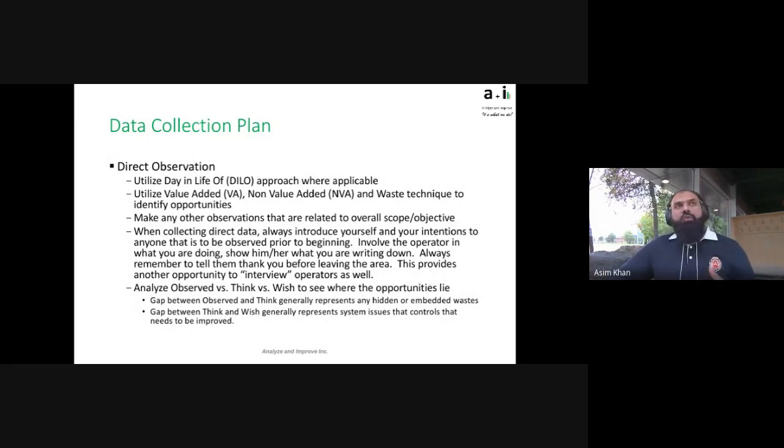And so if you don't have leading KPIs, it's better for you to get some kind of understanding, maybe a few shifts of observations, maybe a week of observation, depending on how tight your scope is, of looking at each process and at least trying to figure out where's the value added time in that process, and what are the activities you have under non-value added or waste, which are constraining your value. And this will then also serve as your baseline